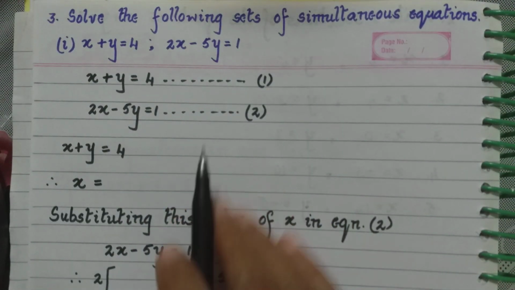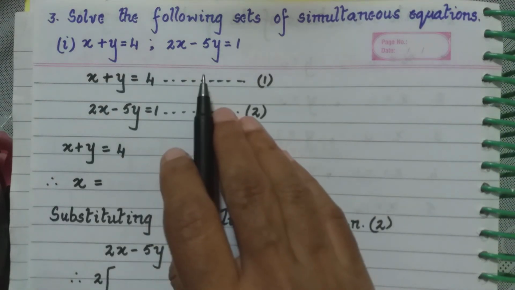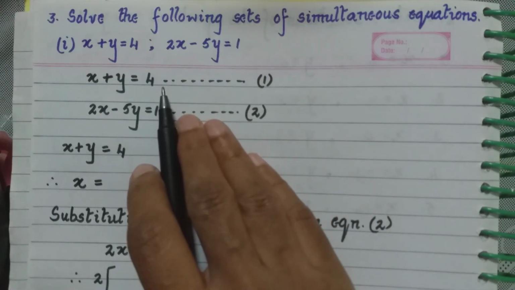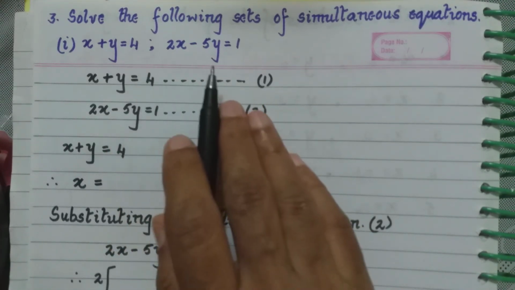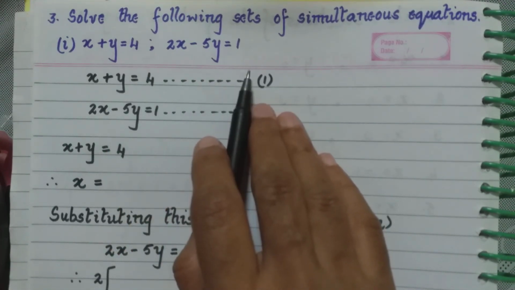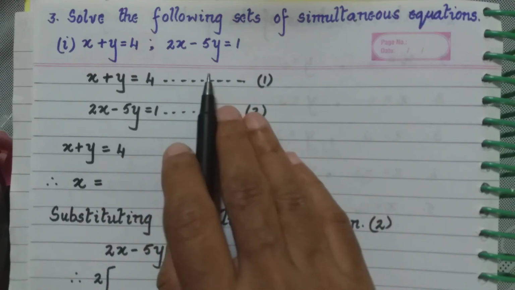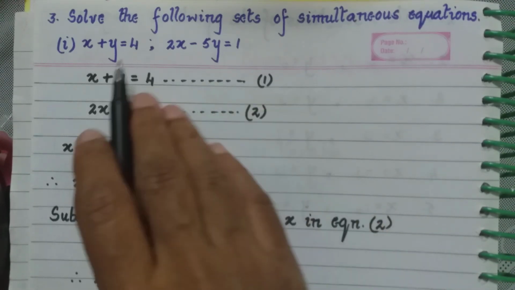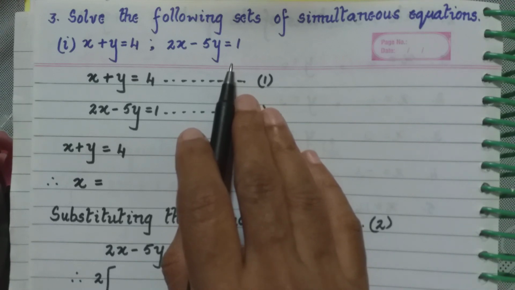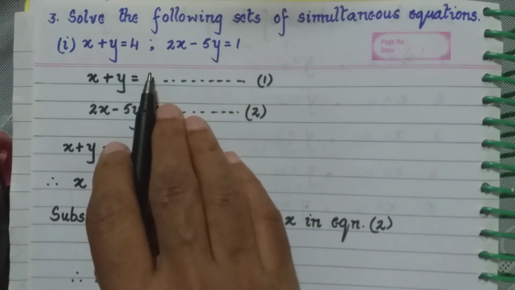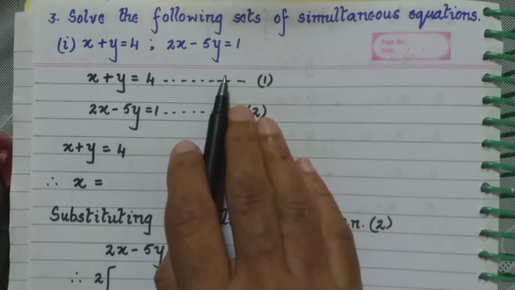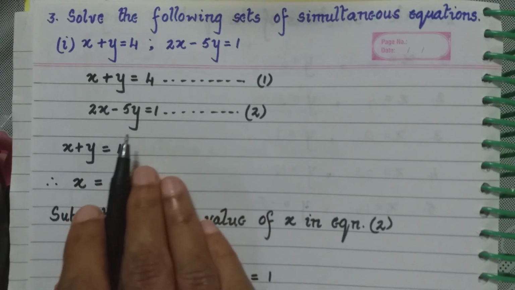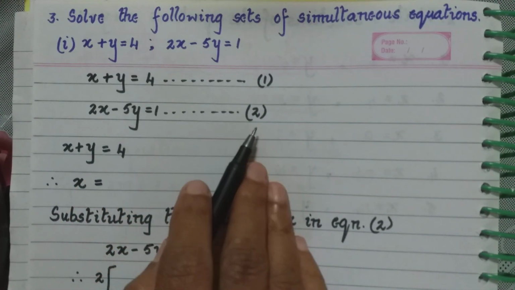That is, in the end, when I solve these two equations which are given, I am going to get the value of x and value of y. Then when I put it back in both these equations, it should satisfy both the equations. So let us see what we do. First, the question given here, the first subdivision is x plus y equal to 4 and 2x minus 5y equal to 1. Once this is given, we write both the equations and number them as 1